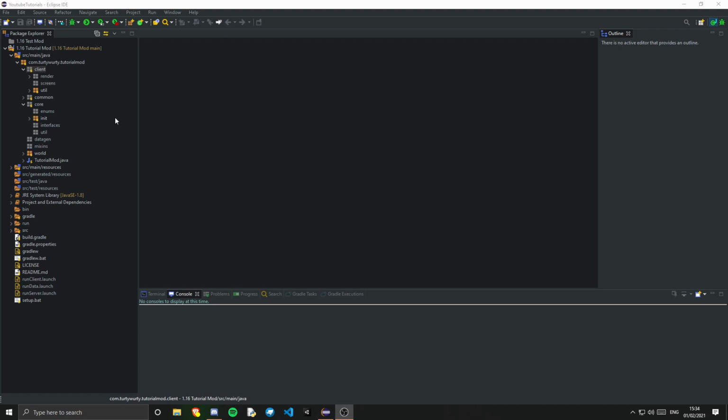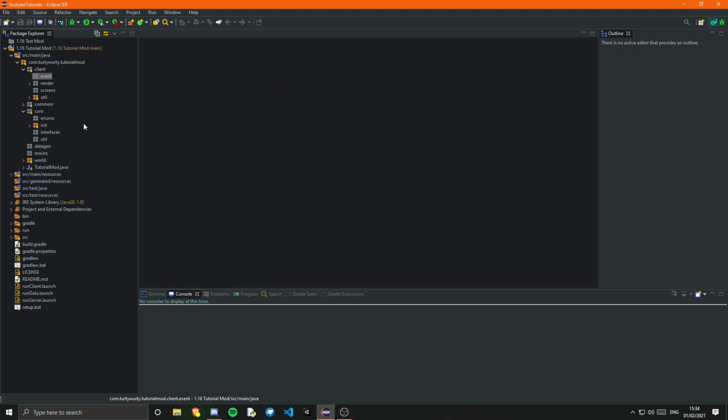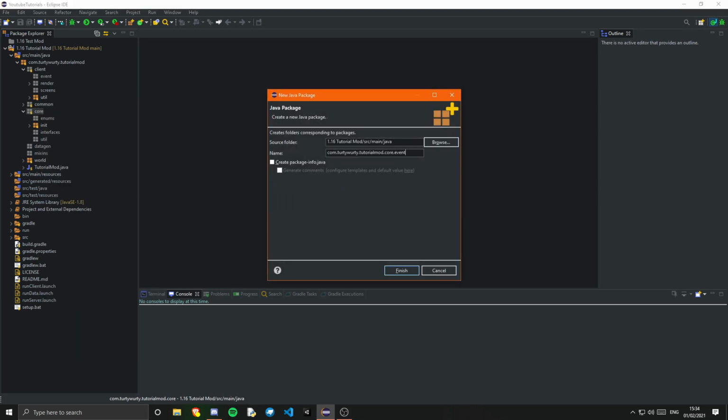So first thing you need to go ahead and do is just create an event package both inside our client and inside our core. Now, if you want, you could have them both inside, so you could just have one inside core, but I prefer to separate my client events from my other events. So I prefer to have a package for each. So I create that with .event and event,